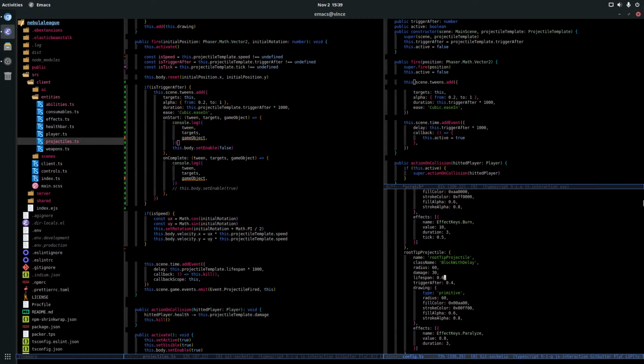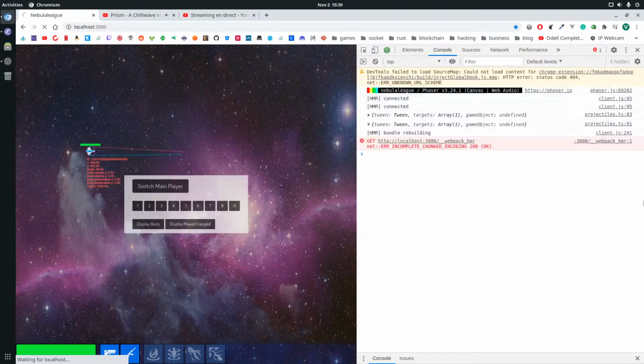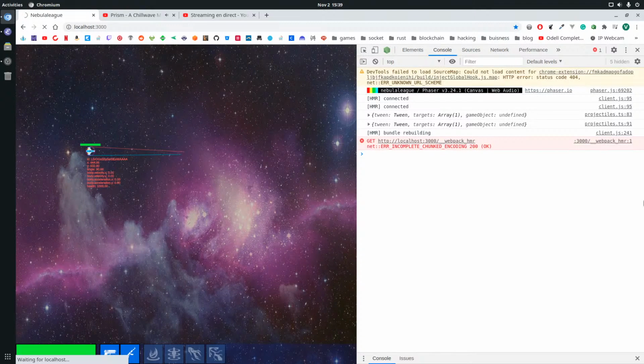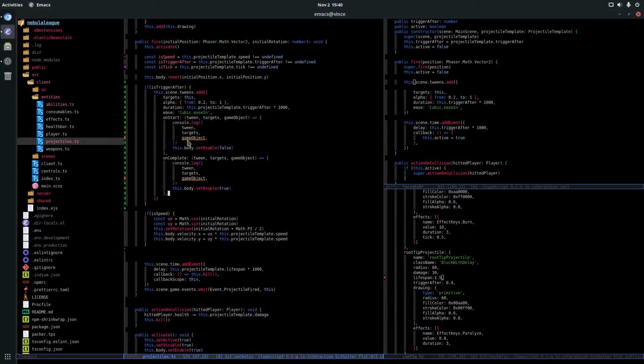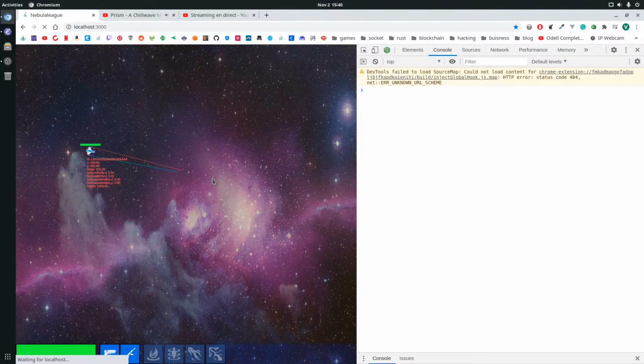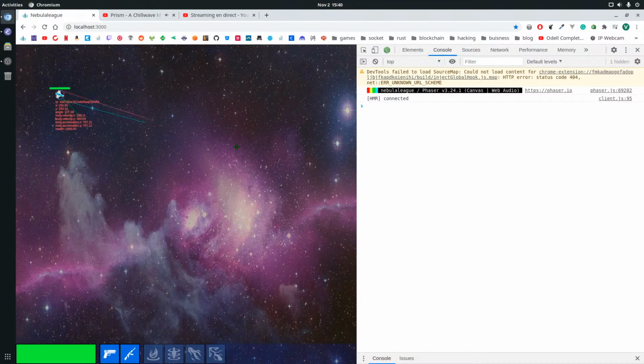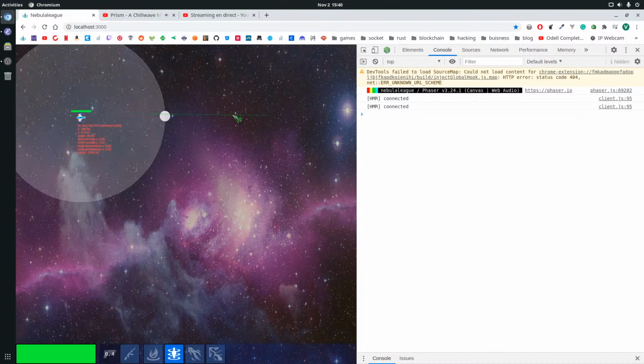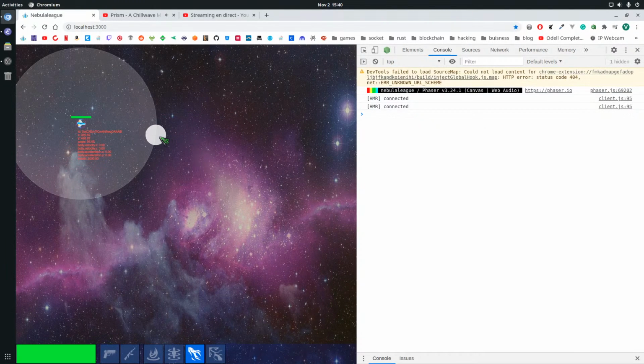Wait a minute. And my lifespan of 1.5, and when I enable it, does it make the collision correct after that? Does it look like it never disables the collision? Okay.